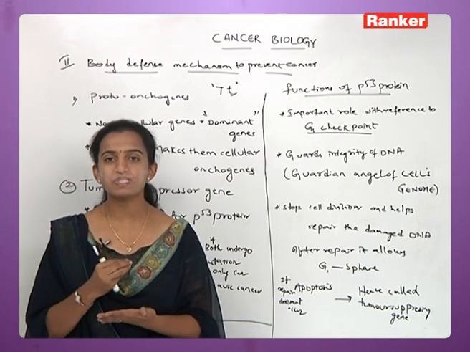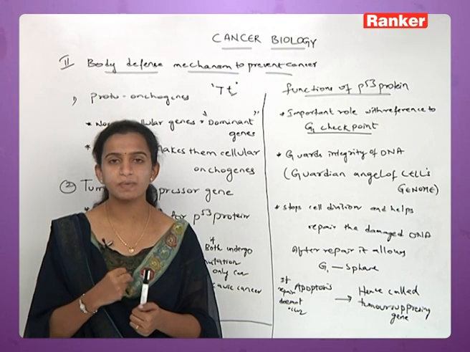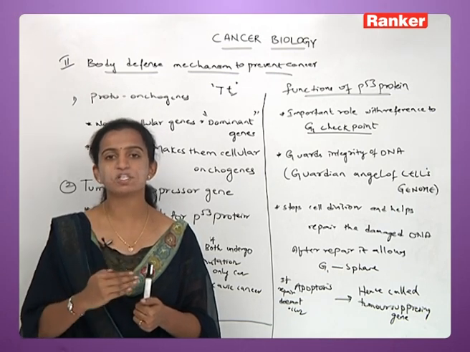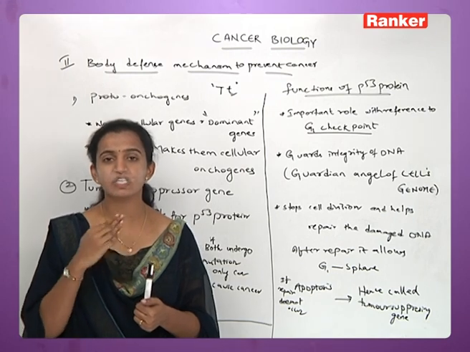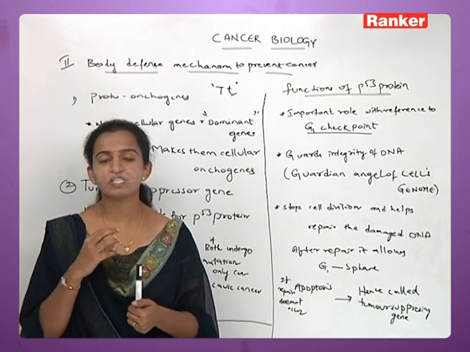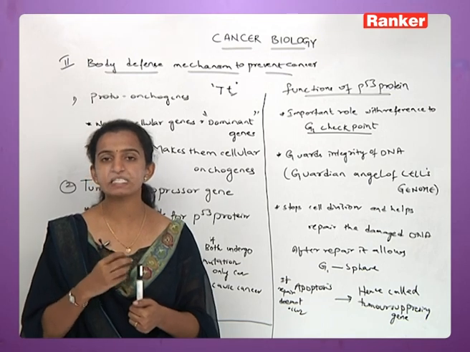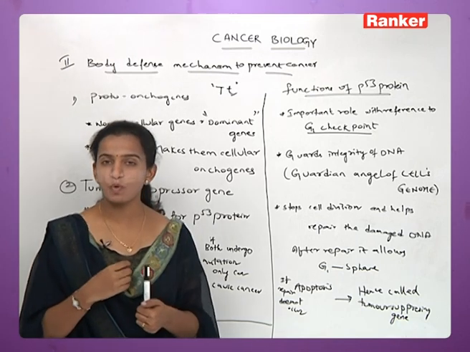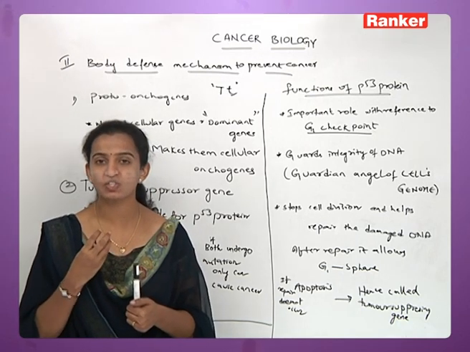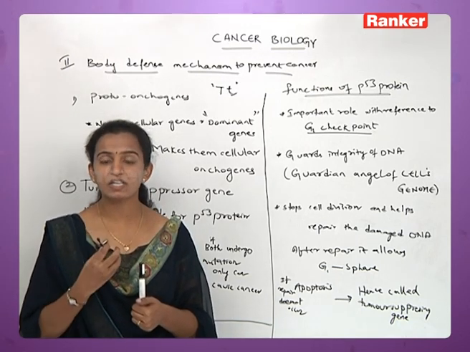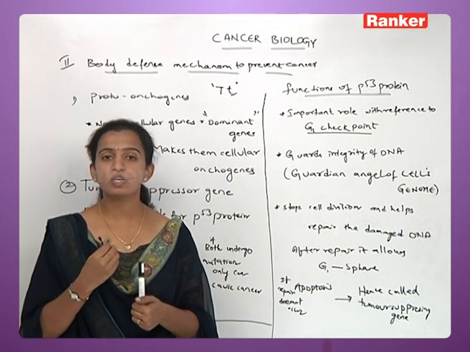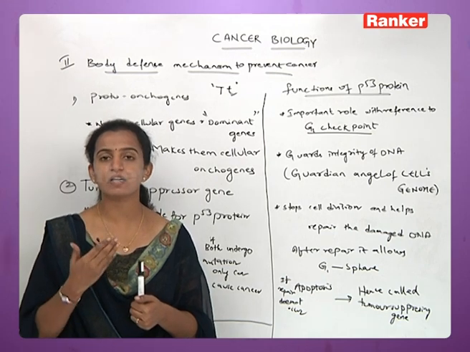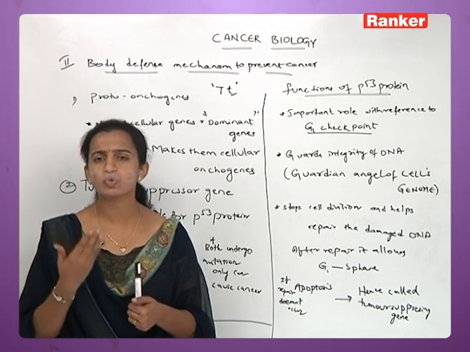Why is it called a tumor suppressor gene? It is checking each and every cell whenever it is going for a division. Whenever there is a division in a cell, the checkpoint is nothing but the P53 protein. That is the reason it has a tremendous role in our body. Because it is a tumor suppressor gene, it protects each and every cell so it doesn't enter a condition of cancer cell, or grow tremendously for no reason.